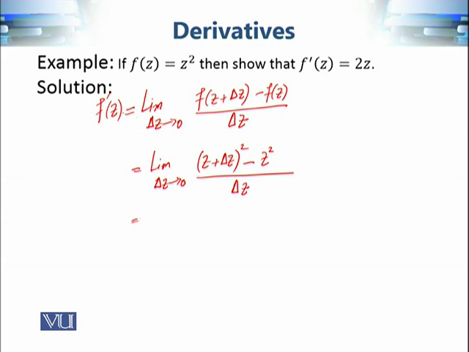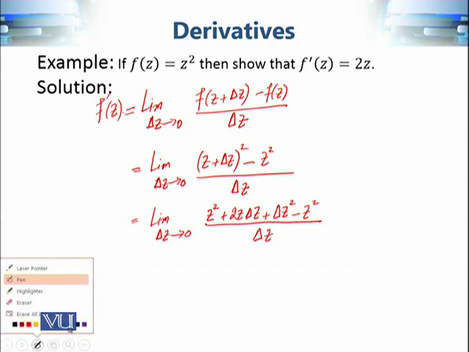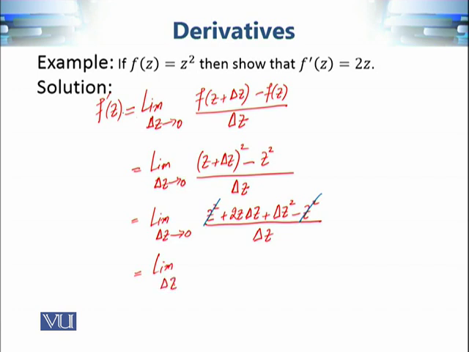Now let's open the square and simplify it to find the value of the derivative, if it exists. We will see first that if the limit exists, then the derivative exists. Z square plus 2z delta z plus delta z square minus z square, divided by delta z. Now we can cancel out this z square with z square, and what we are left with is the following expression. So the limit as delta z approaches 0